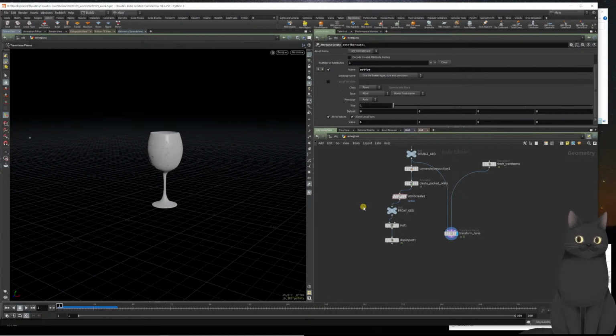Now, the bullet's hitting them, but I feel like we could get a more accurate result. And part of the reason for that is the bullet's going so fast that it's sort of